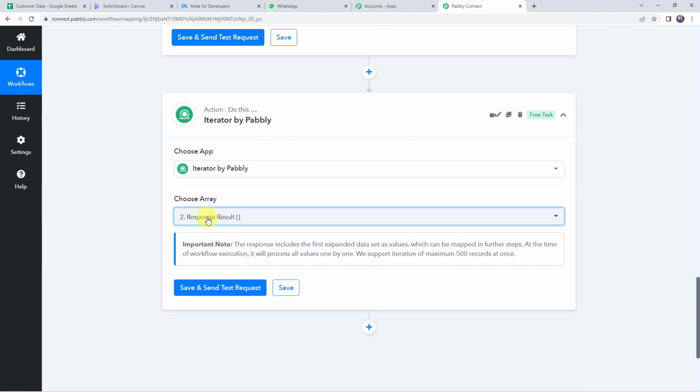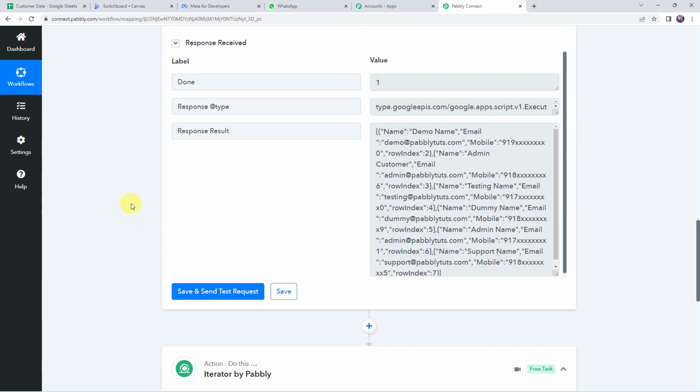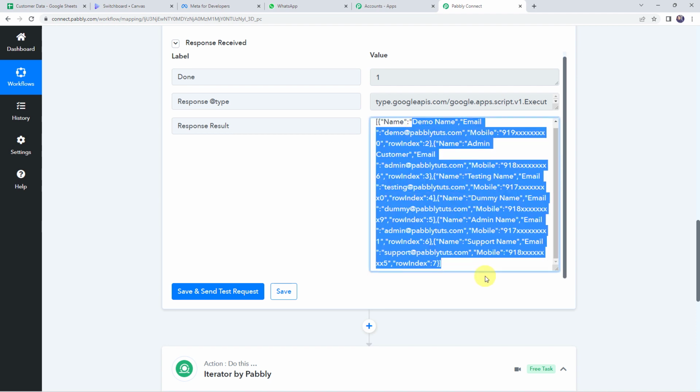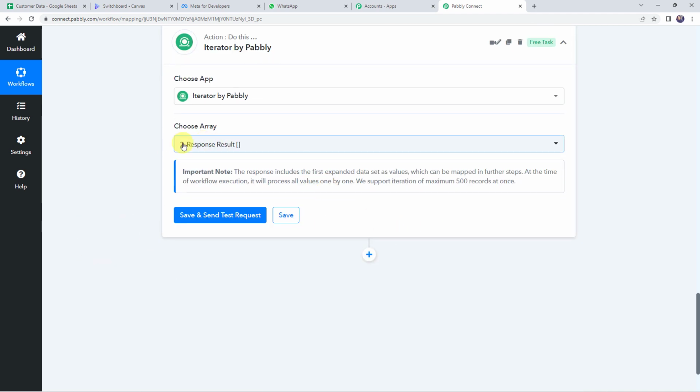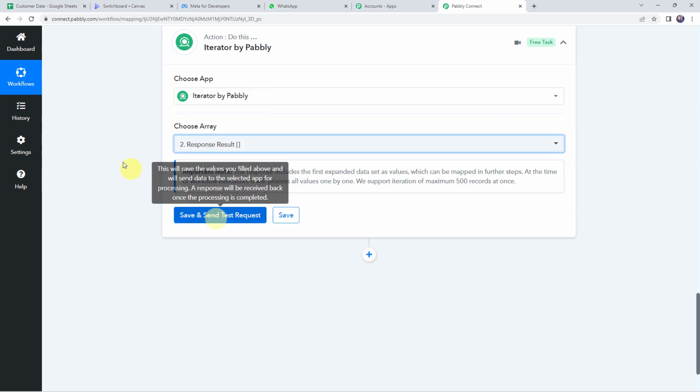So while we are mapping the data from the drop down, we can even copy and paste it also. Just because next time whenever the new data will be captured in your Google Sheet, automatically Pabbly Connect will capture the data. Okay. If you are not mapping the data, then only the mentioned data will be used and the messages will be sent only to these many customers only. Okay. That is the reason we are going to map the data over here. Okay. So we have mapped it from the Google Sheet response, and now let's click on save and send test